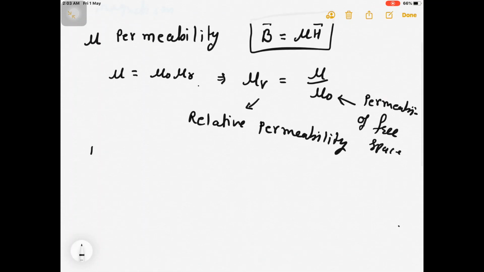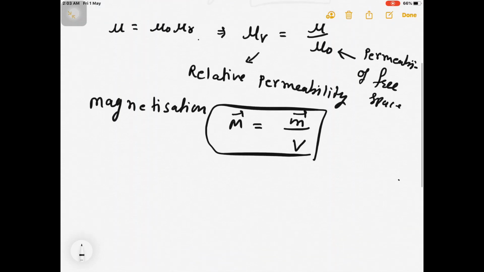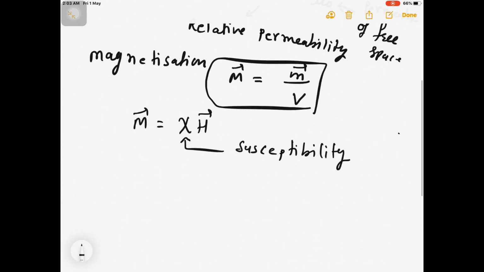Then we define magnetization, which is nothing but magnetic moment per unit volume. It is denoted by capital M vector, and magnetic moment is denoted by small m vector. The relation between magnetization and auxiliary field is given by M vector equals chi times H vector, and here this proportional constant is the susceptibility, and basically susceptibility is the degree of magnetization